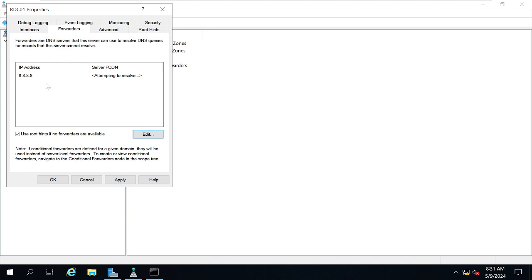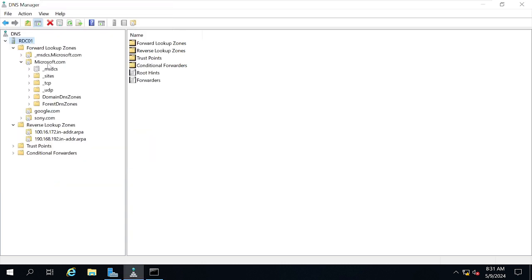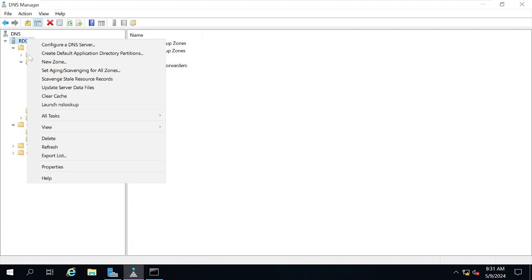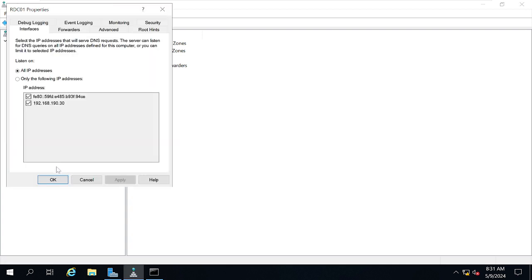So what happens? The query will check inside first. If it is not Microsoft.com, in our case, because our domain is Microsoft.com, correct? If you see here, our domain is Microsoft.com. Anything apart from the Microsoft.com domain, if you are browsing, it will directly take you to the forwarder here. It will tell, I don't have any domain called Instagram.com with us. Then I will forward you to the forwarder.